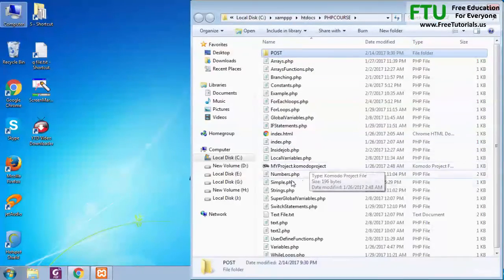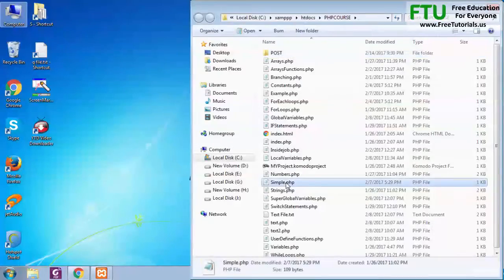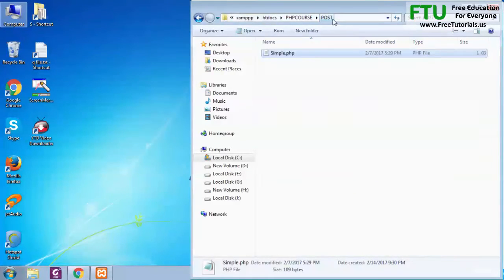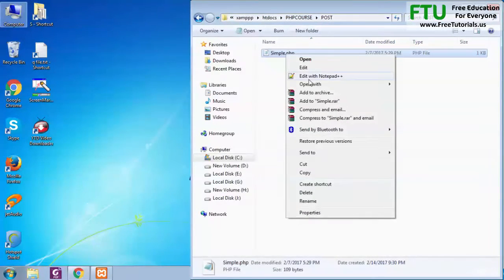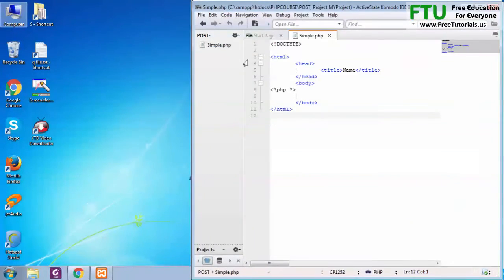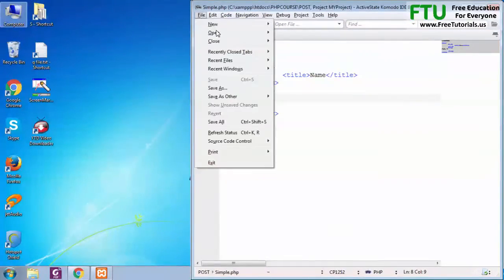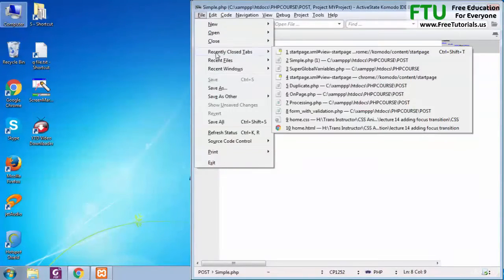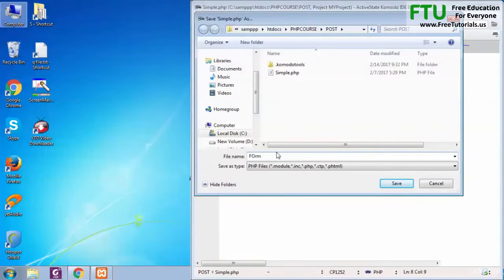Now inside this folder, I'm just going to copy our simple file of simple.php. See, now we have post folder in which we have file of simple.php and it's inside our PHP course folder. Now let me open this file in our Komodo. Now here I have simple.php file. Now let me save this file with the name of form.php